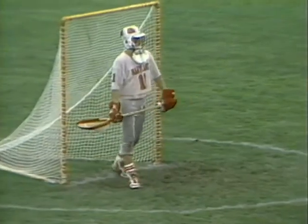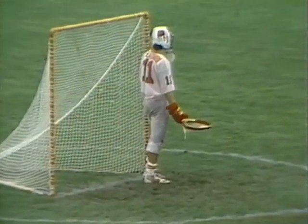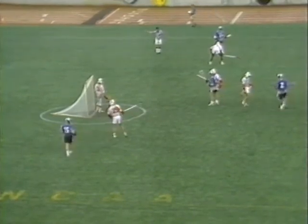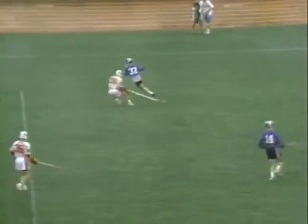takes over. Quite an impressive crowd here today, considering the weather. It's been raining throughout the day. Umbrella sales are up in New Jersey today. Don't forget, Bill, Hopkins called the timeout. They have the ball, so let's see if they set up a play, try to get one shot, one goal